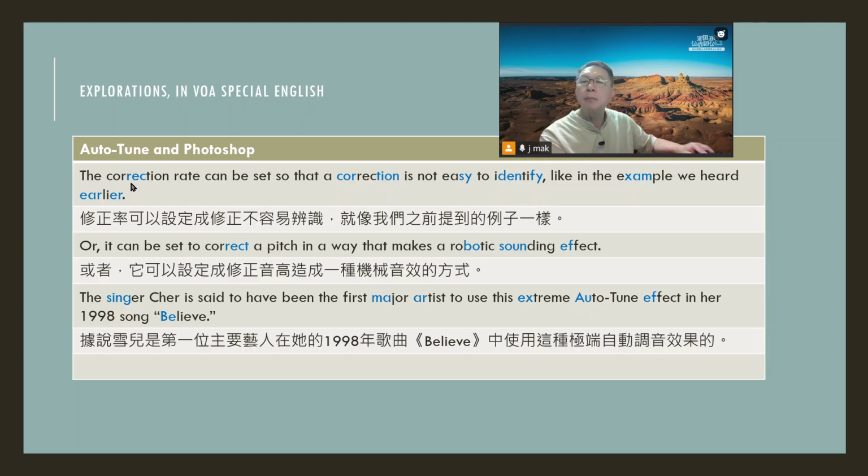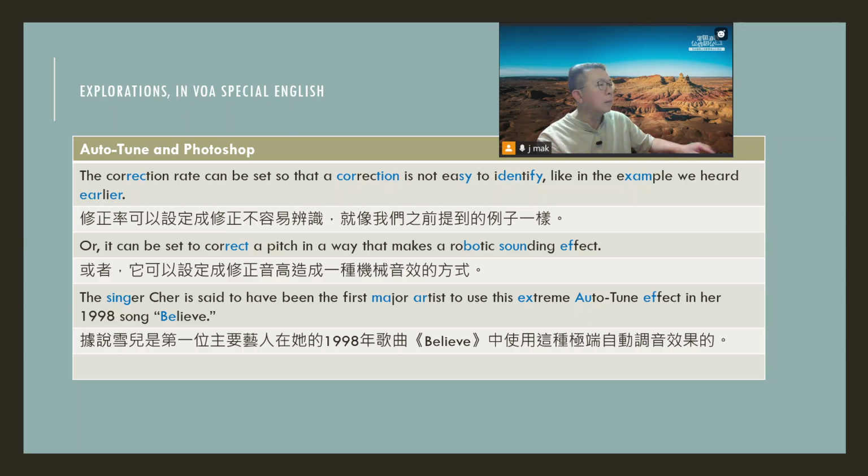The correction rate can be set so that a correction is not easy to identify, like in the example we heard earlier. Or it can be set to correct a pitch in a way that makes a robotic-sounding effect. The singer Cher is said to have been the first major artist to use this extreme auto-tune effect in her